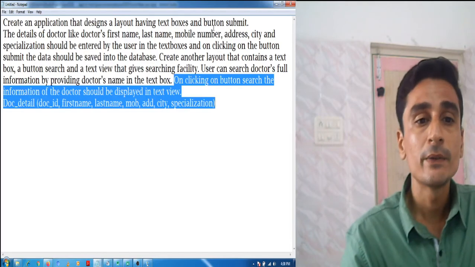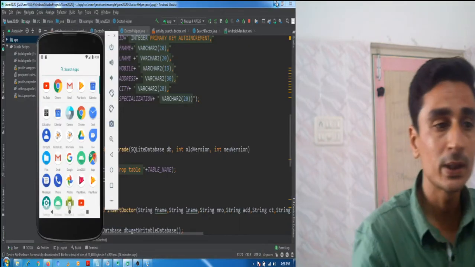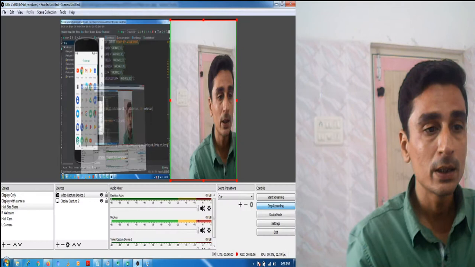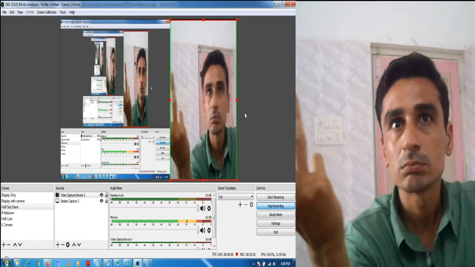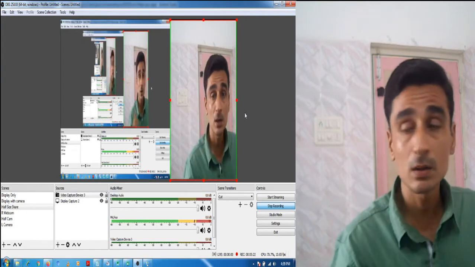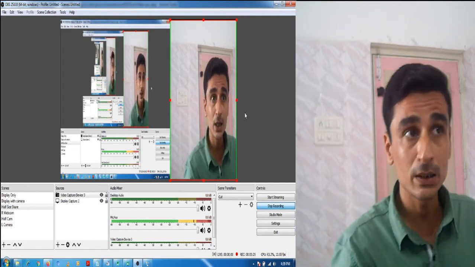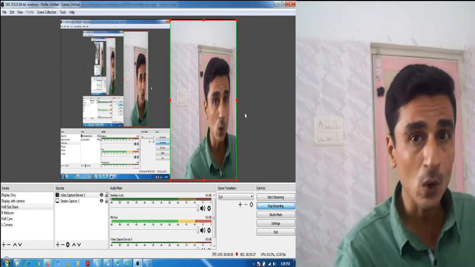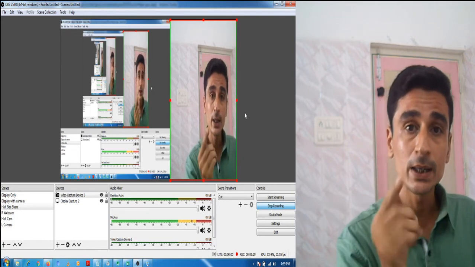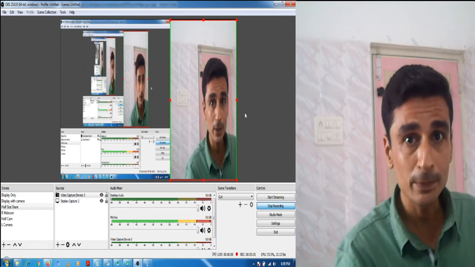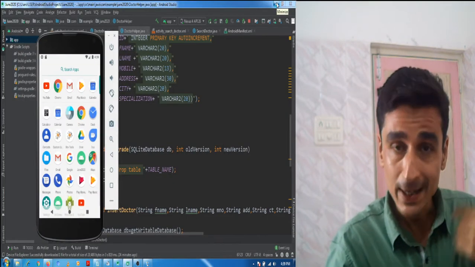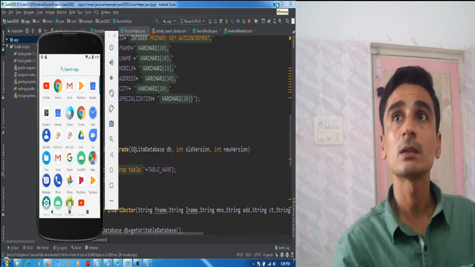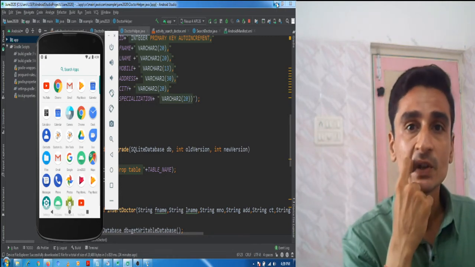So in our application we will define an options menu in the current activity, and in this options menu we will give the option of searching to the client. We will put one options menu item search, and on clicking that search menu item, the next activity will be opened, and there we will be providing the searching facility.